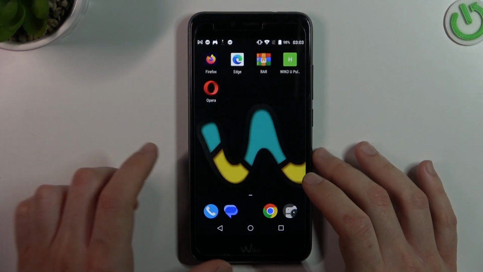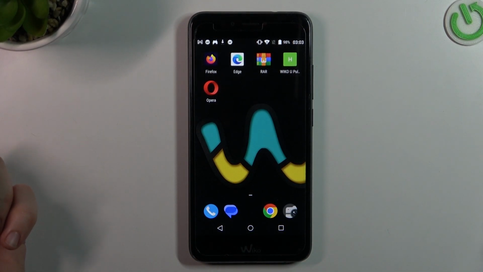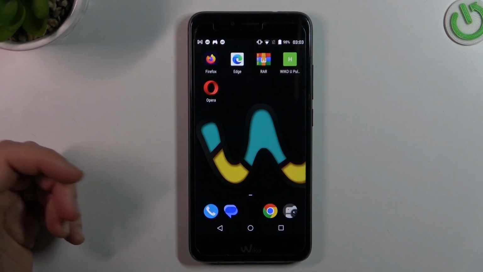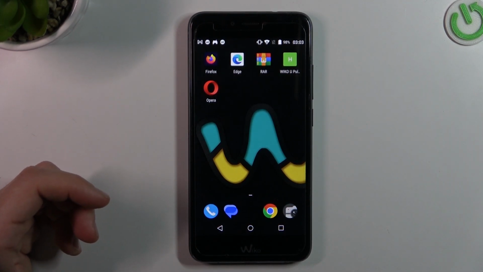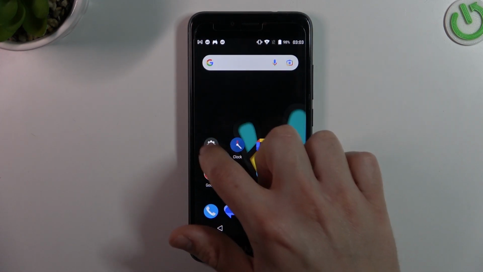At the start, you have to be sure that your Bluetooth accessory has activated pair mode. How to activate pair mode, you will find in the manual of the device, or maybe on YouTube. Sometimes you have to push the button for a few seconds, sometimes the gadget just starts in pair mode, so you have to check it yourself. And if you're sure that your Bluetooth accessory is visible for other devices but still not for your phone,